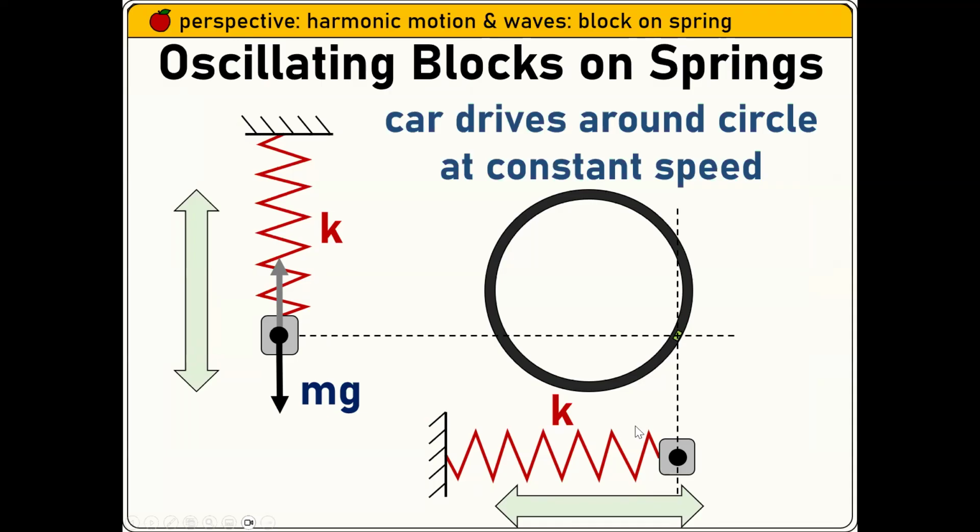The position versus time graphs are going to follow either a sine or a cosine curve, which is the same shape. So pick your favorite one. Sine or cosine could tell you how high up or down, or how far lateral right or left you are, say on a unit circle. So if you have these two blocks oscillating, and say you watched a car go around a circular racetrack,